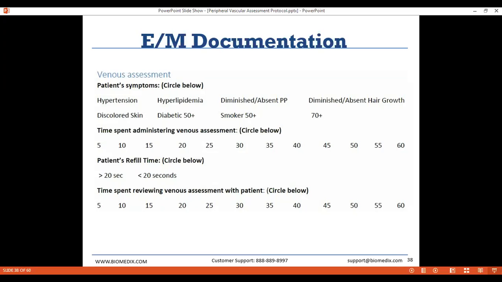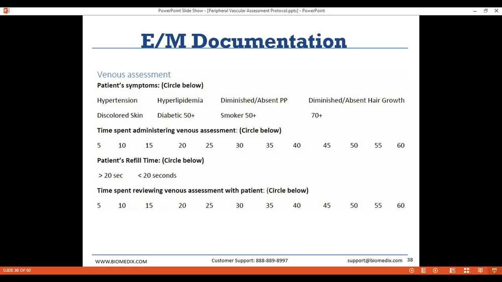You're then going to perform the venous assessment. You're going to circle whether or not that refill time was more or less than 20 seconds. Again, that 20 seconds is the dividing line between a healthy, normal refill time and having CVI, essentially. And then you're going to calculate the amount of time spent administering the venous assessment, and then